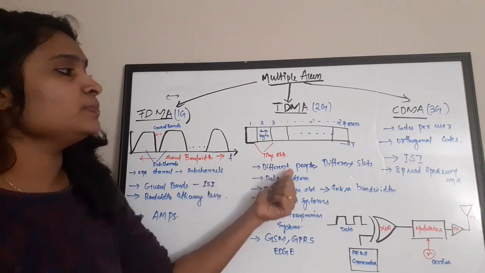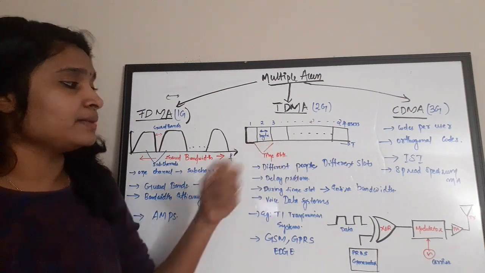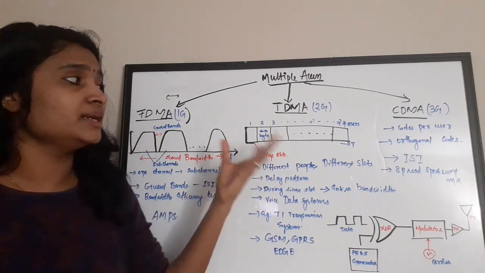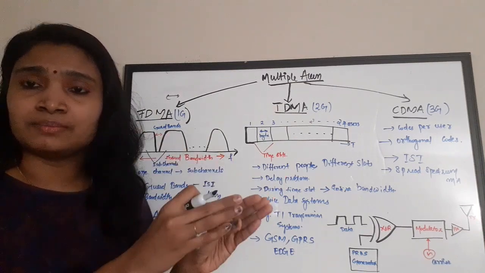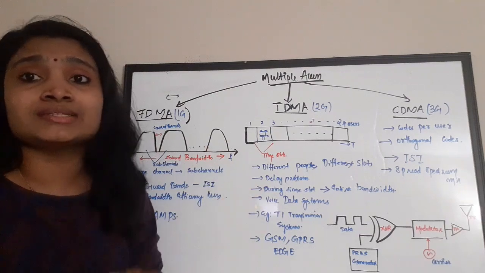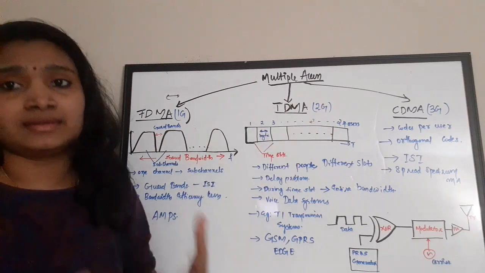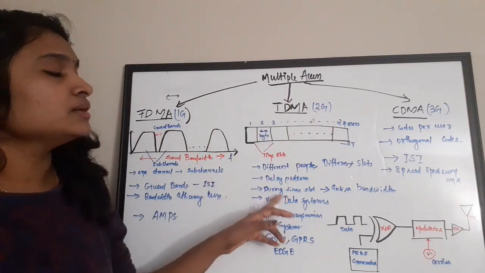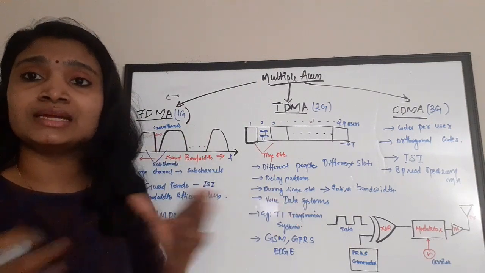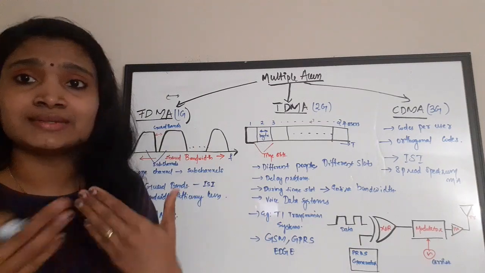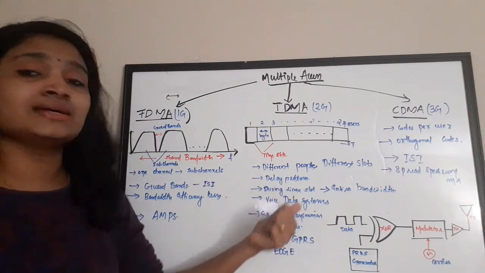Okay. So the different people will use different time slots, and the main problem is that there can be delay while allocating in a TDMA system. Consider that one user is using this time period, and the next user may not start immediately after. There can be a delay. So there is a delay problem in TDMA techniques. Next, during one time slot, the entire bandwidth or entire frequency range is allocated to a single user. That is a concept.